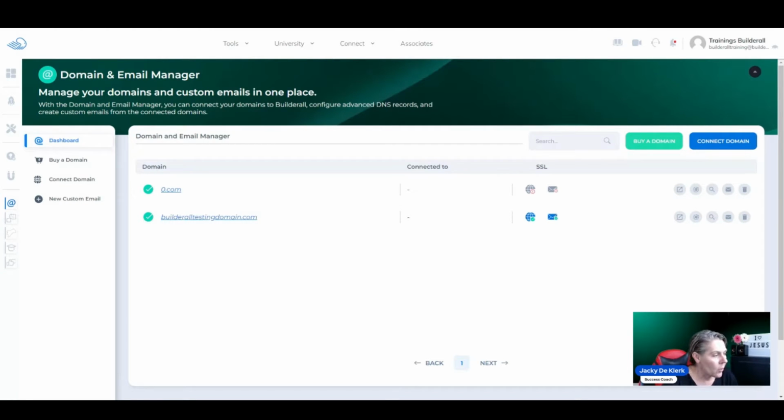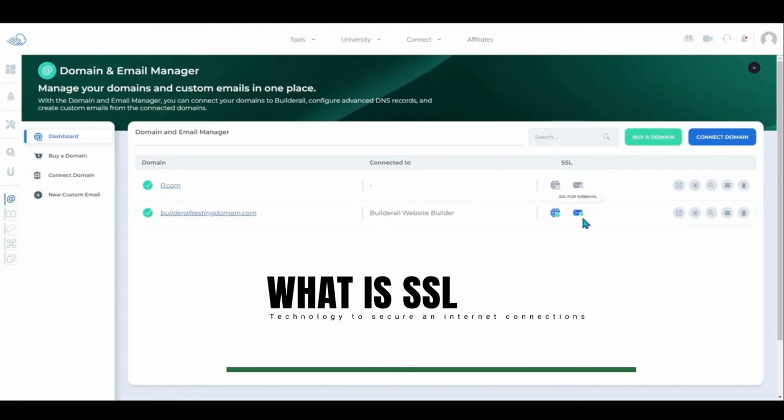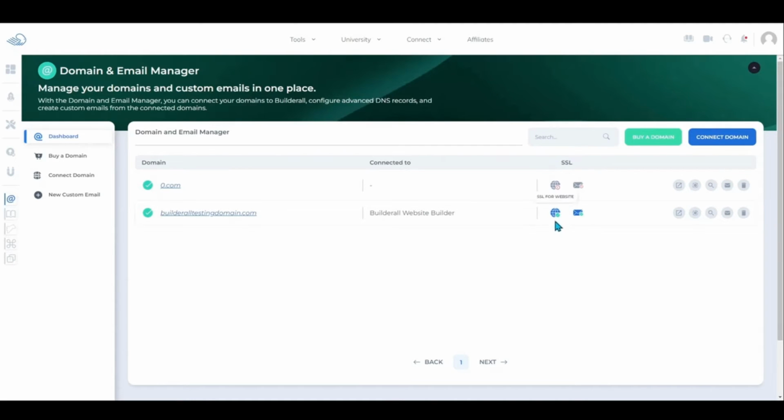So here we are on the Domain and Email Manager dashboard. Right here in the middle, you will find all the domains that you have connected in your account. If you have added a domain, but it is not yet connected, you will see a message under the Connected To area. You will also be able to easily see if the SSL, which is the standard technology for securing an internet connection by encrypting data sent between two websites and a browser or between two servers, are actually active